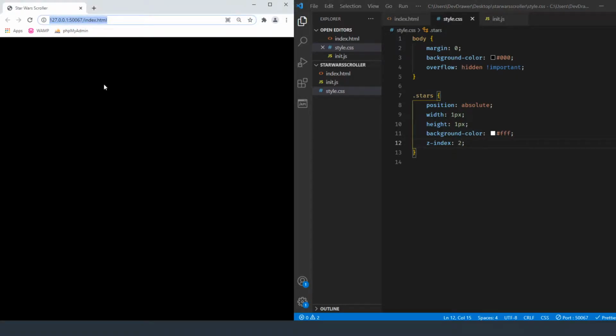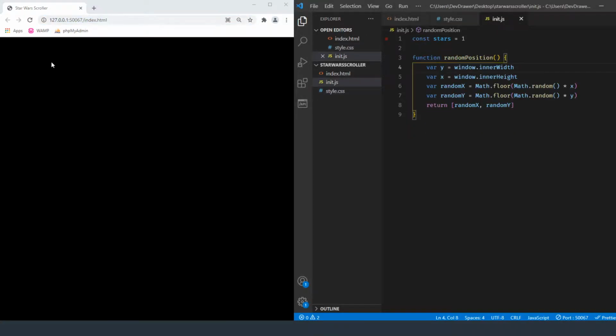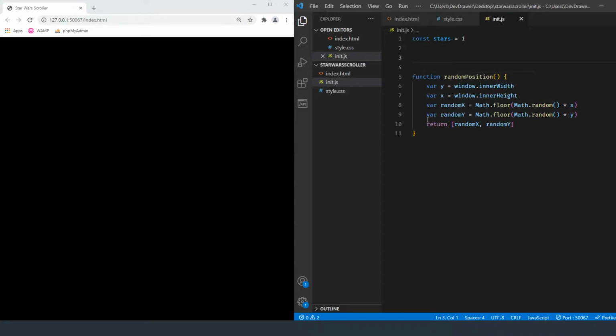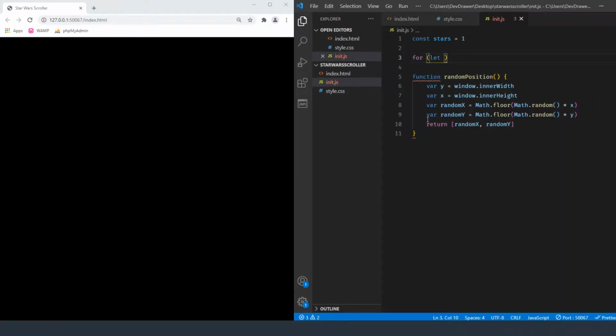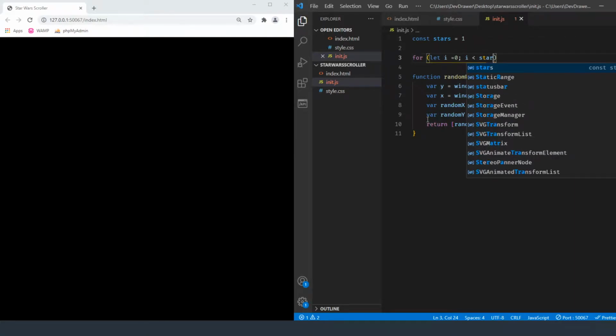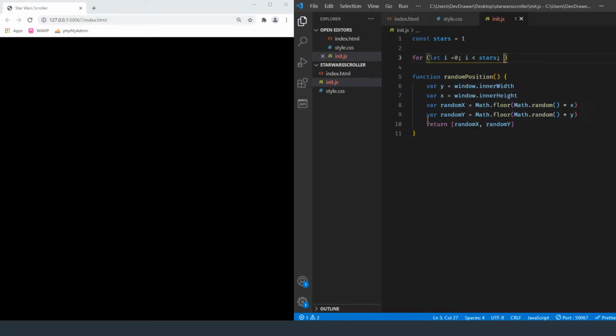Okay, so right now we don't have anything being generated, so let's go inside of our initialize.js and create the functionality that allows us to generate these random star positions. So we're going to do for let i equals 0, and then i is greater than stars, and then i plus plus.